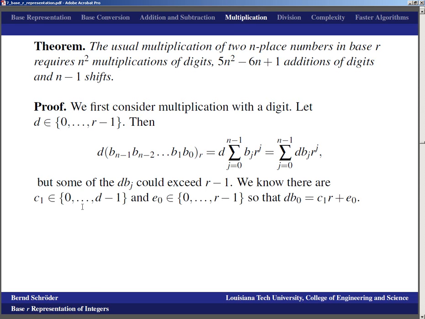We know, again, that there is a carryover, and that carryover now can be between 0 and d minus 1. And the remainder, which could be a number between 0 and r minus 1, so that d times b0 is